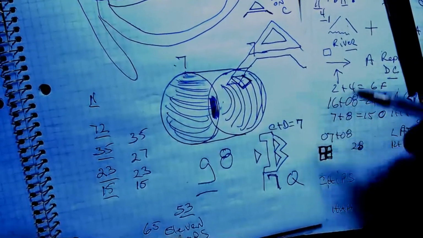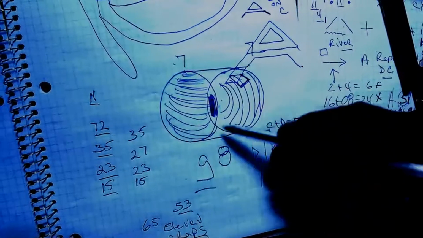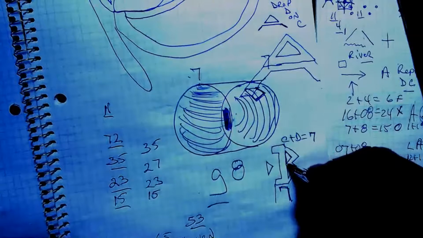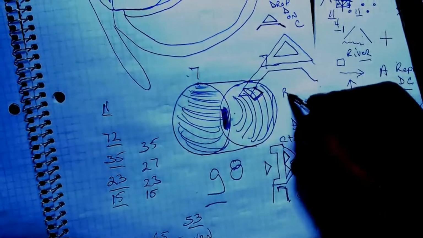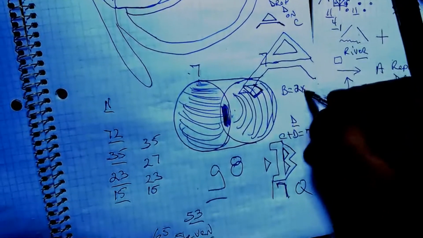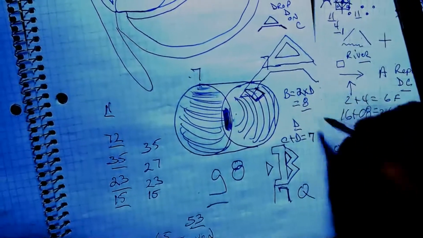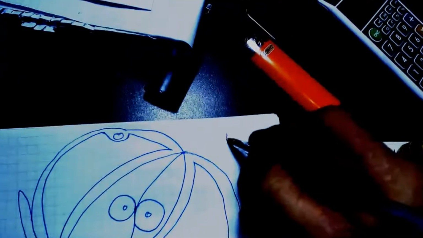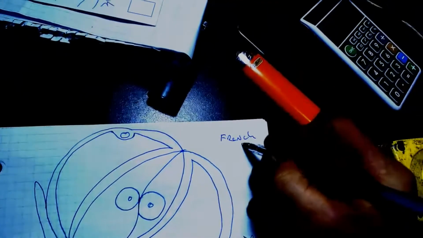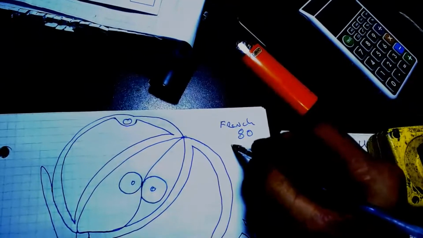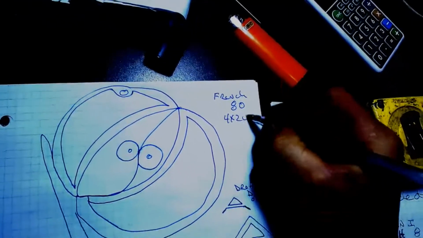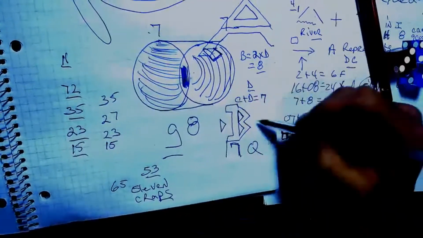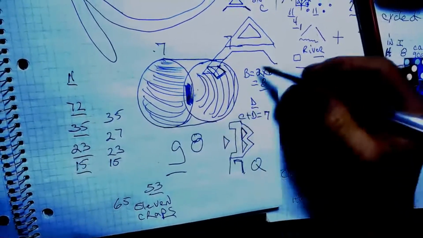You have to draw them all and then question and talk. Don't forget, there's different ways of drawing all kinds of numbers. So here, my B is consisting of 2 D's. B equals 2 times D equals 8. So now you have the cycle of 28. And in French, when they say 80, they're saying 4 times 20. And is this what's happening over here? That's my question. Is that what happens over here?